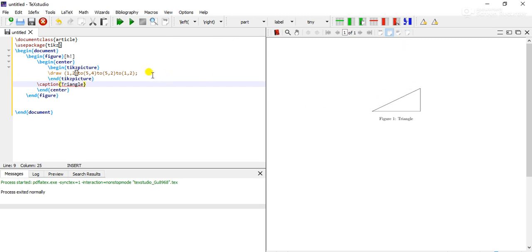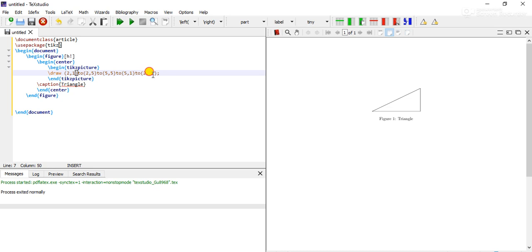And next, suppose in case you want to get a rectangle, we'll have to give the coordinates. Say, for example, if I give the coordinates as 2 comma 1, 2 comma 5, 5 comma 5, 5 comma 1, to the original point 2 comma 1.